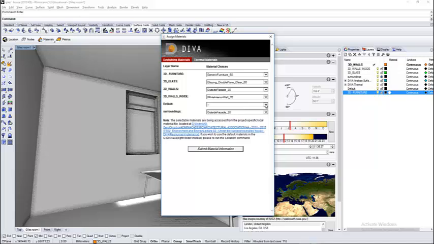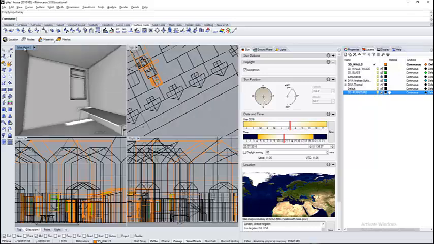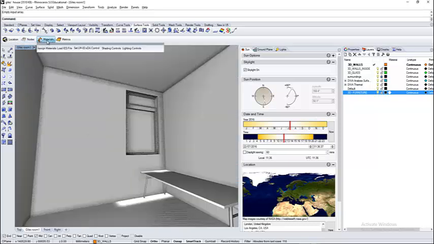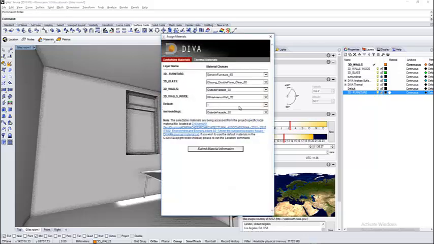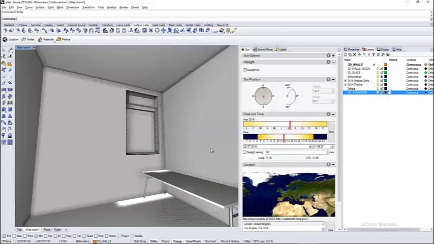the only thing is, let's just fix that. I put the new shade on a layer which has no material assignment. So okay, well let's just do this. We'll just go back into that. I'll go to materials again, assign materials, and I'll just give it a material assigning. I probably should have put it on a correct layer. I've put the shade on default layer, so I'll just make it a white shade. High reflectance ceiling, so that's fine. Submit material,